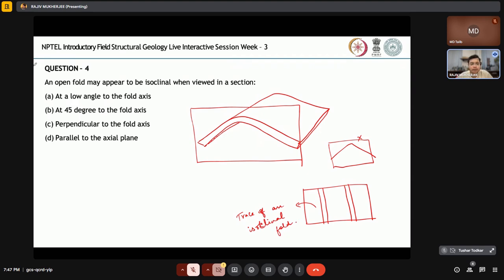Right, so this is how one should get the section, the trace of an isoclinal fold. So if we cut an open fold at a 45 degree with respect to the hinge plane, the fold axis. If I just consider the fold axis to be non-plunging, then the profile plane or the section plane which I am cutting across should make an angle of 45 degree like this, right? So if we cut something like this following this plane,